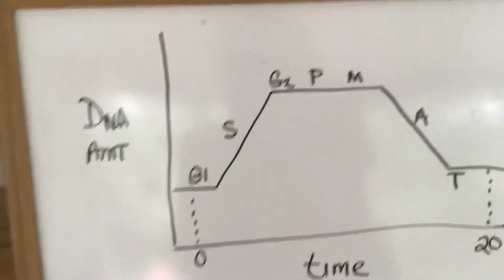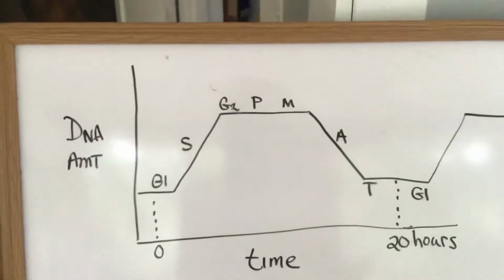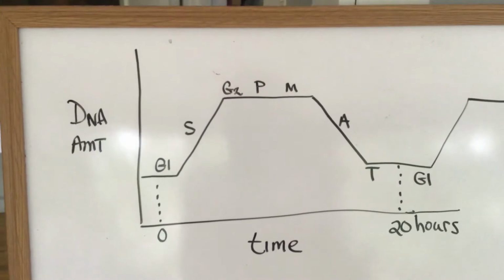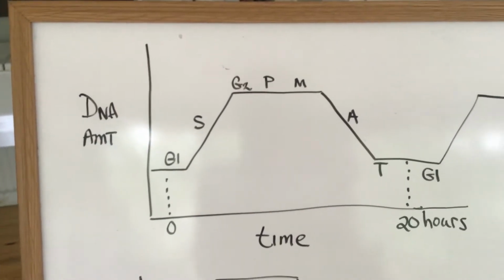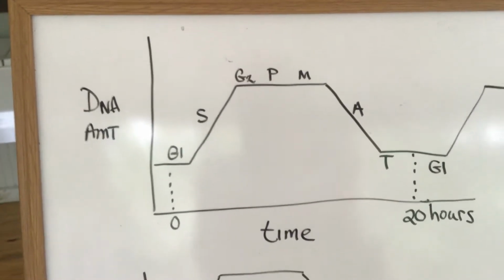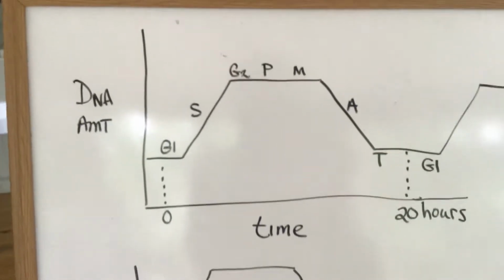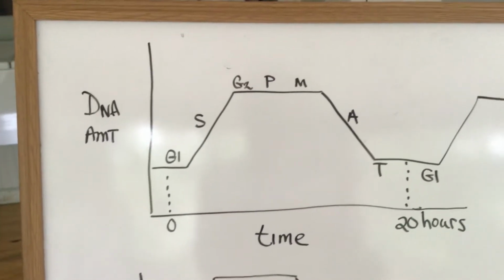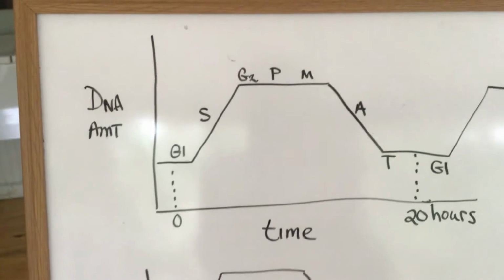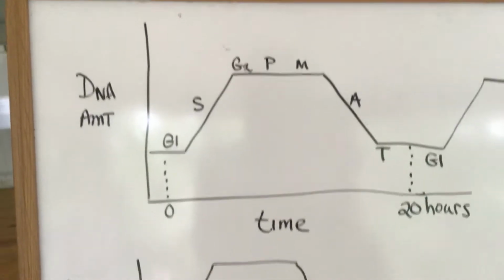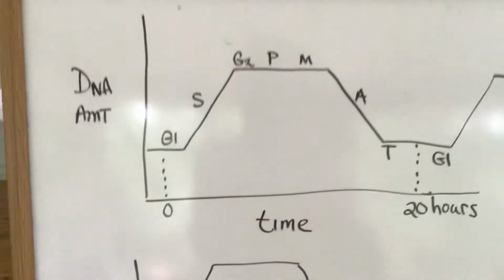One last point I'd like to make. This is kind of in your lab book, so I wanted to just go over these diagrams. So if I plotted over time the amount of DNA that is in a particular cell, and this is of course during cell division, if I was considering mitosis, what would be happening is I would start